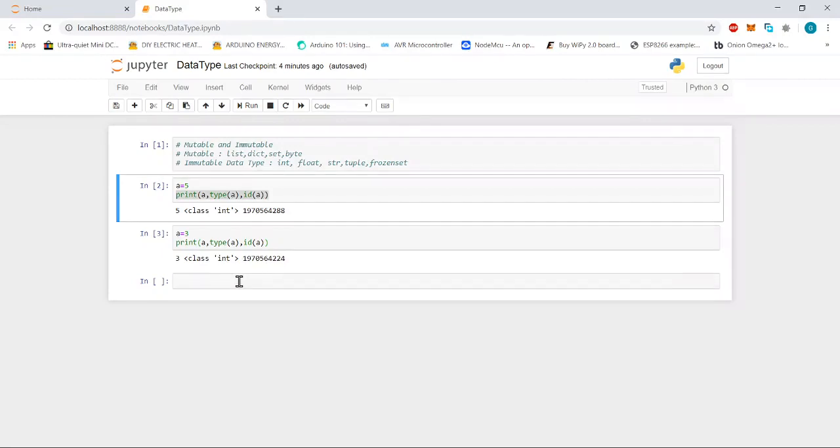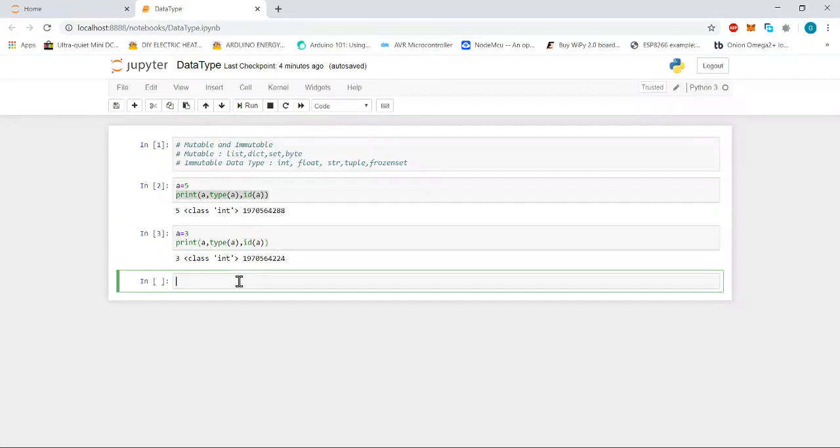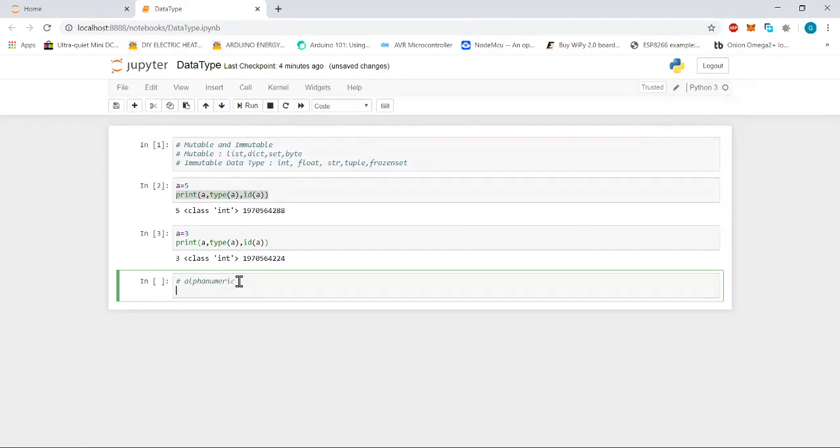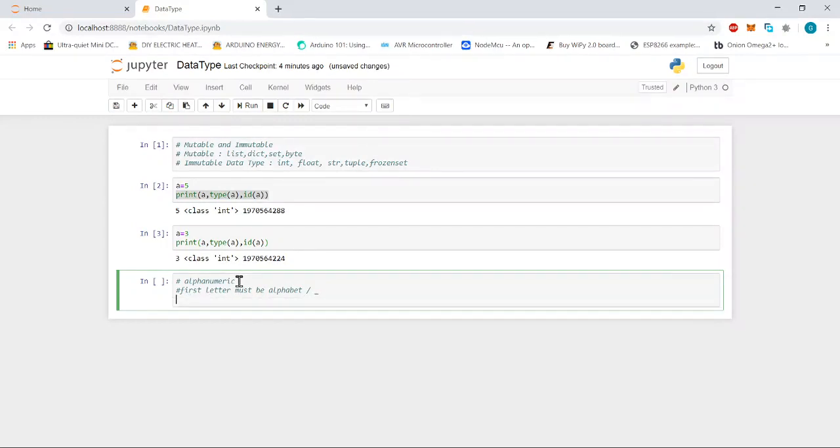Now, whenever you are declaring any variable in Python, we have to take care of the following things. Let me write down some rules which we should follow while creating a variable. It must be alphanumeric. The first letter must be an alphabet, or it can be an underscore. Variables are case sensitive.